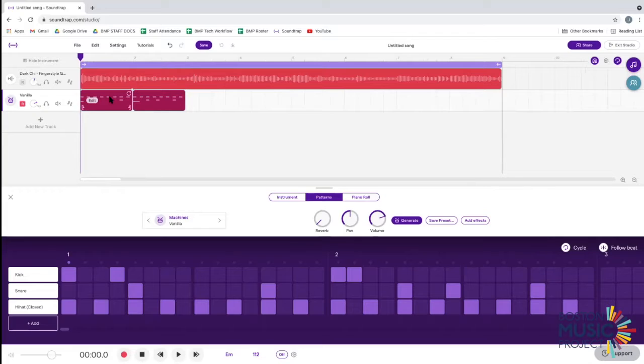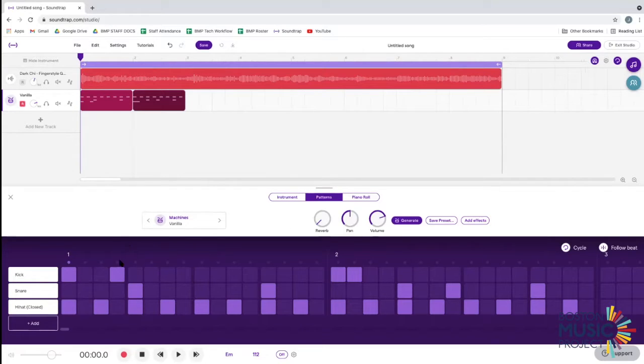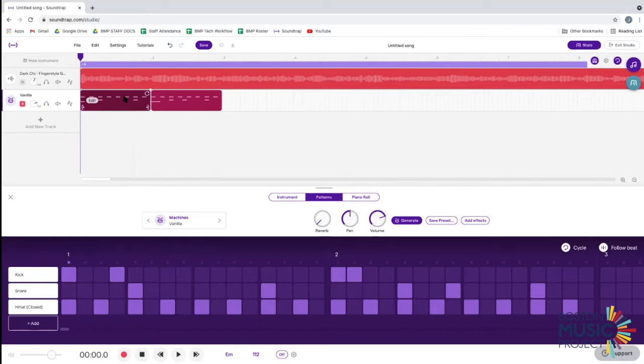Cool, so what you noticed here is that we have two clips, two little segments here that are separated. That's just Soundtrap automatically adding a one measure loop here. So this is where we can talk about the functions that are on here. On each clip, and this is what we call MIDI, you can see the rhythm pattern mirrored here from what you see down here,